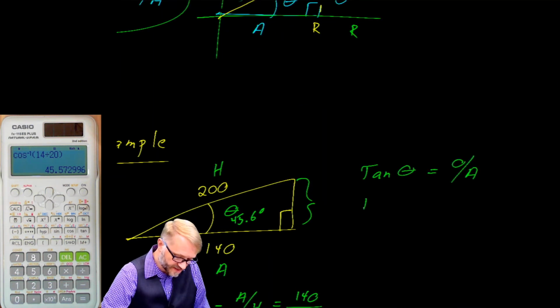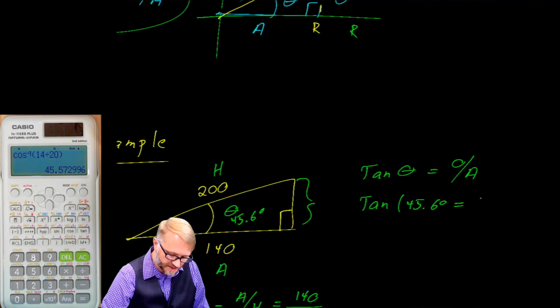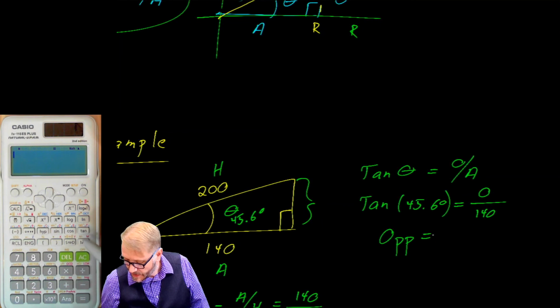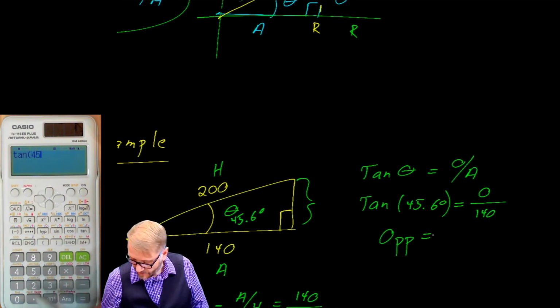And now we'd say tangent of 45.6 degrees is the opposite, that's the one we're looking for, over the adjacent, that's 140. We can use our calculator to solve for that opposite side as tangent 45.6 multiplied by 140 gives us